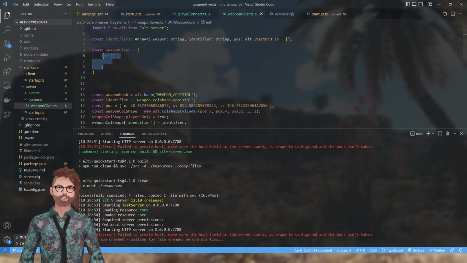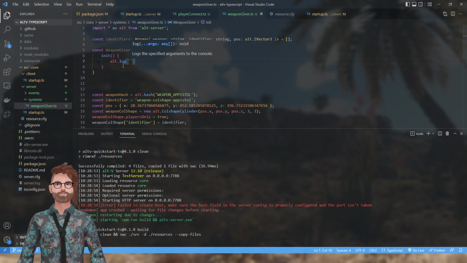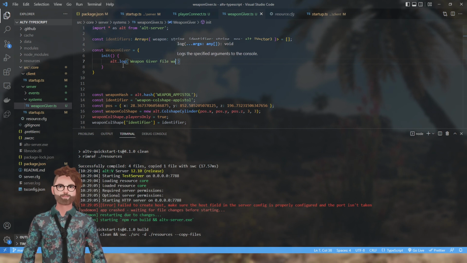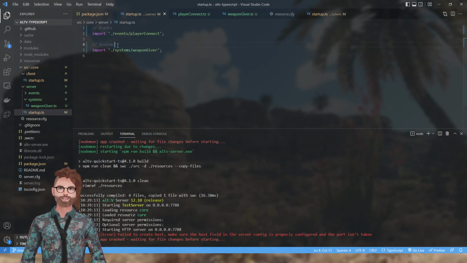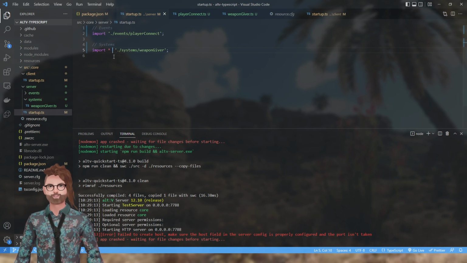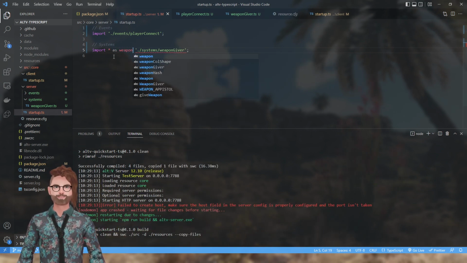Well, actually, we don't really need an initialization function. Maybe what we can do here is basically say weapon giver file was registered. Let's just get some debug information in there. And instead of startup, we're going to go ahead and call that. So if I actually do, here at the top, maybe I can do import all as weapon giver